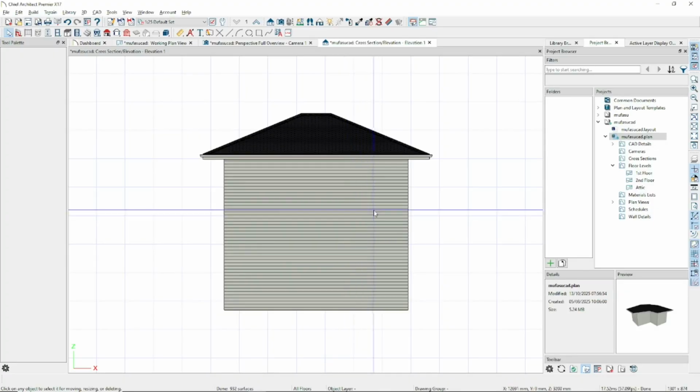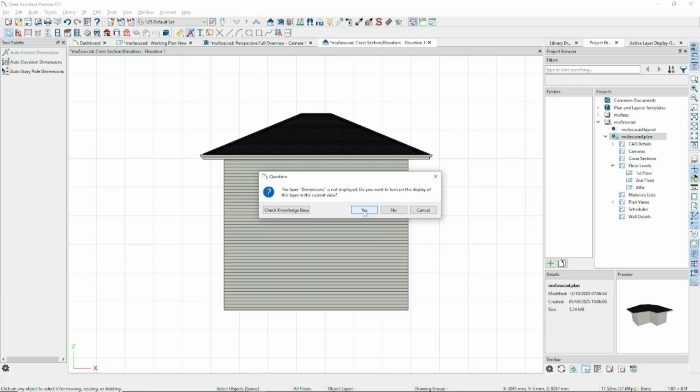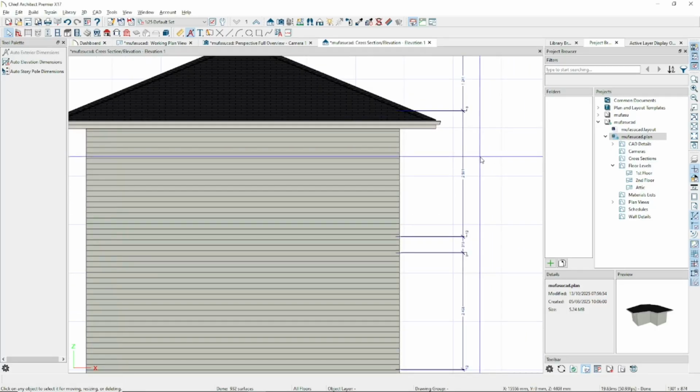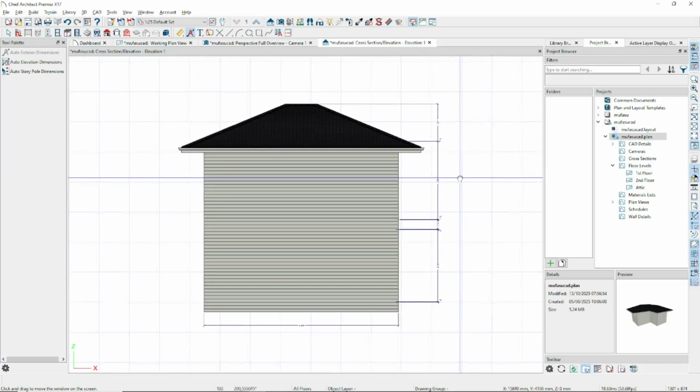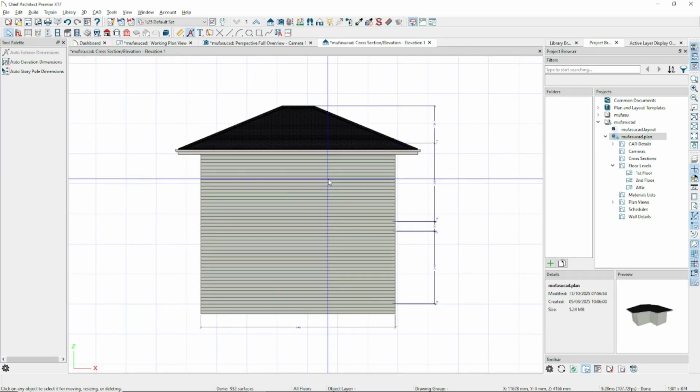And now to set the dimension, we can use the auto dimension by clicking at this icon, and then choose auto elevation dimension. Click yes, and that's it for a basic Shift Architect tutorial: how to create